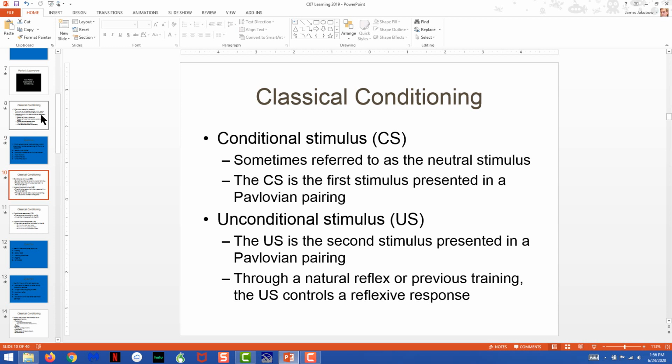So you can use the metronome as a neutral stimulus and then pair it with food or some other cue that does have a basic reflexive component to it, such as salivation or a hand withdrawal from being electrocuted or a startle response when a loud noise goes off behind your head and you duck your head down. Those basic reflexive responses are always going to be part of the US.